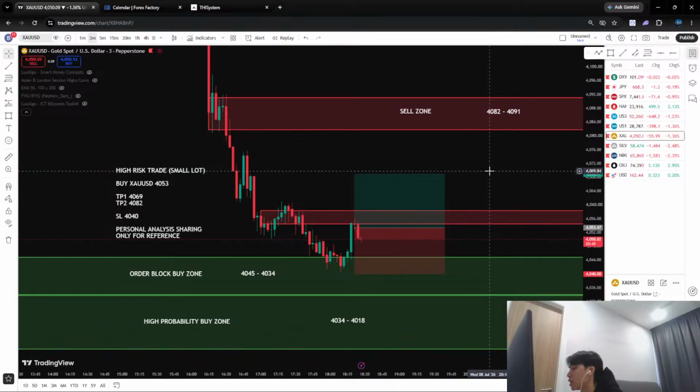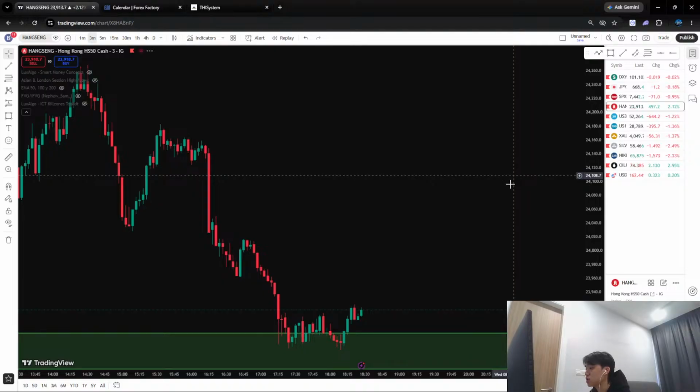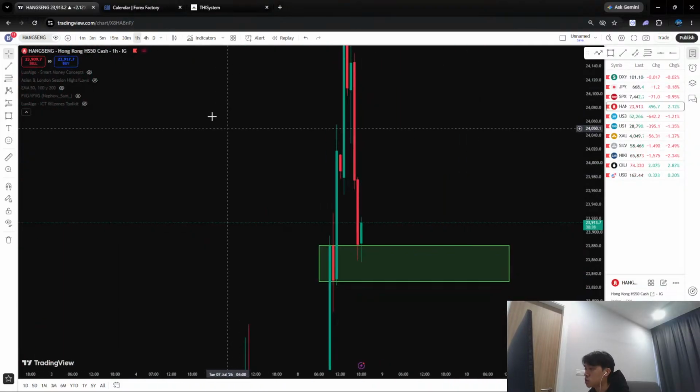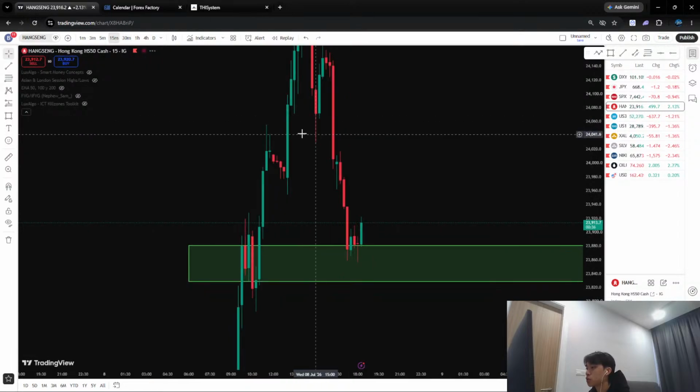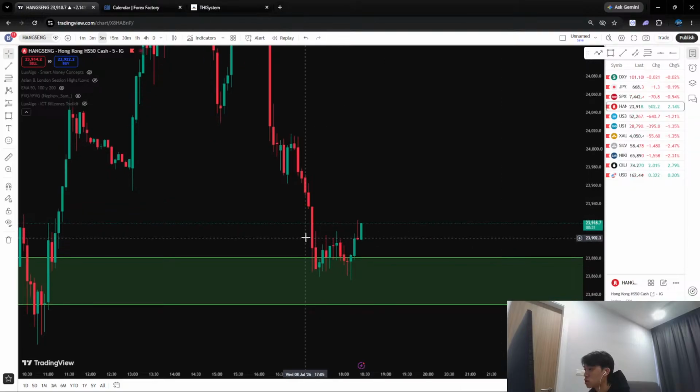We can only wait because we already entered the trade. Let's look at Dow Jones, how it reacted. Dow Jones is still quite far from our sell zone. Hang Seng is at our buy zone, but I'm not quite sure if there are any confirmations. There is this change of character right here that it has made. So if this candle closes for Hang Seng,